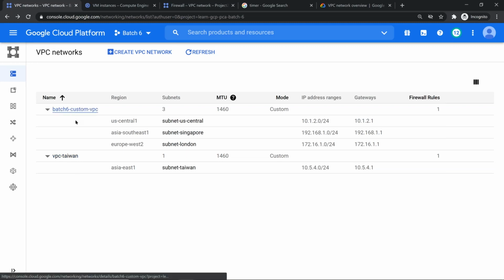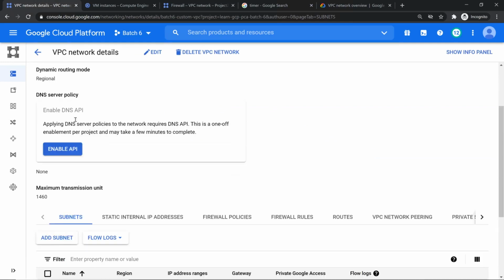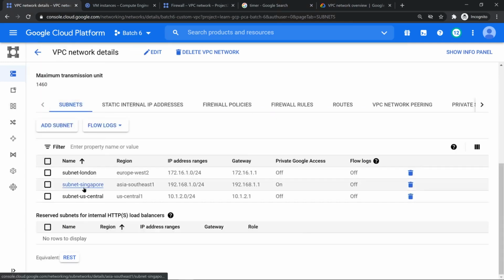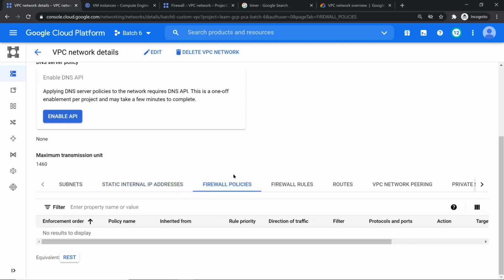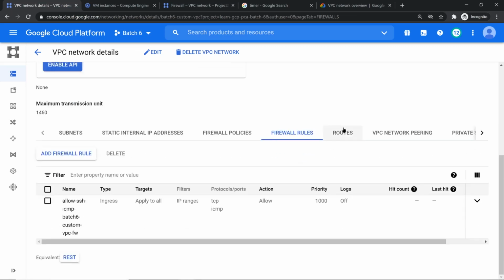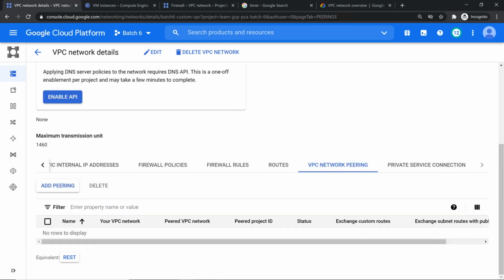So let me click on batch 6 VPC. You'll get the details, the subnetwork. Is there any internal IP? We have not come to that. Static internal IP. Firewall policy, which is a new feature which we have not explored. This is at an org level. Firewall rules we have explored. Routes, we know what exists. Then VPC network peering. If you have any peering there, it's going to show it. We explored that. The last option which we have not explored is